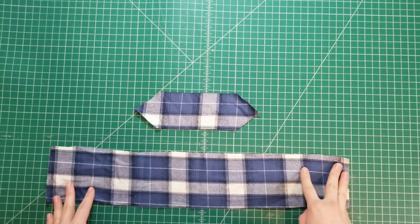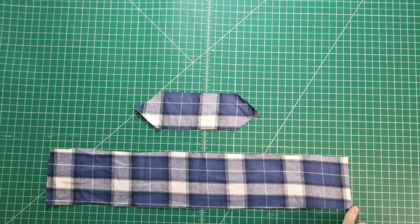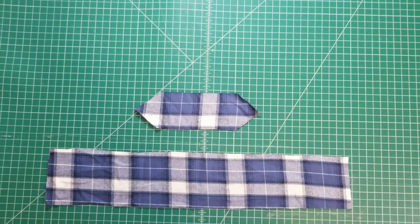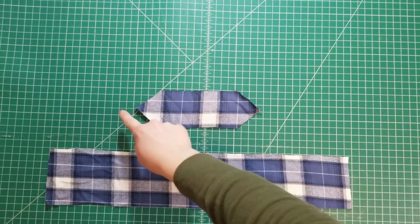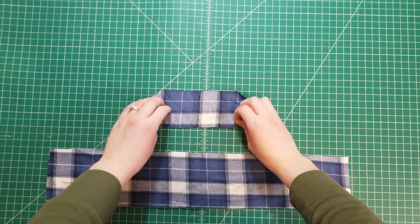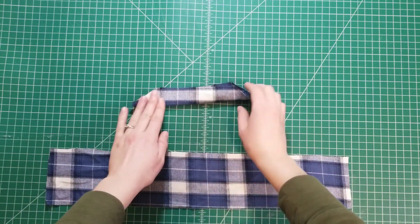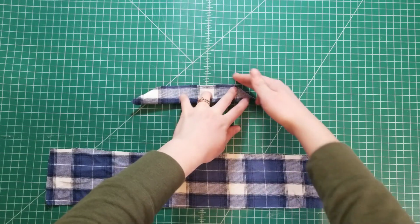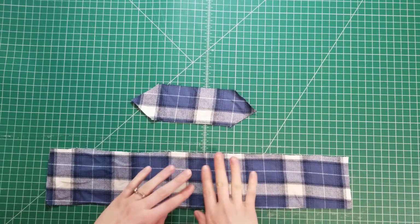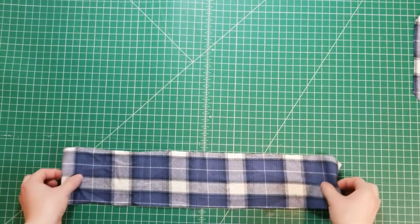So you have to cut a large rectangle, which this one is 20 inches by 4 inches. And then I cut a smaller rectangle for the little ears, which was 9 inches by about 2.5. And then I basically folded the rectangle, and then chopped the top corner off at an angle so that you end up with this shape. So we're going to start with the main scrunchie, so set that aside, and then